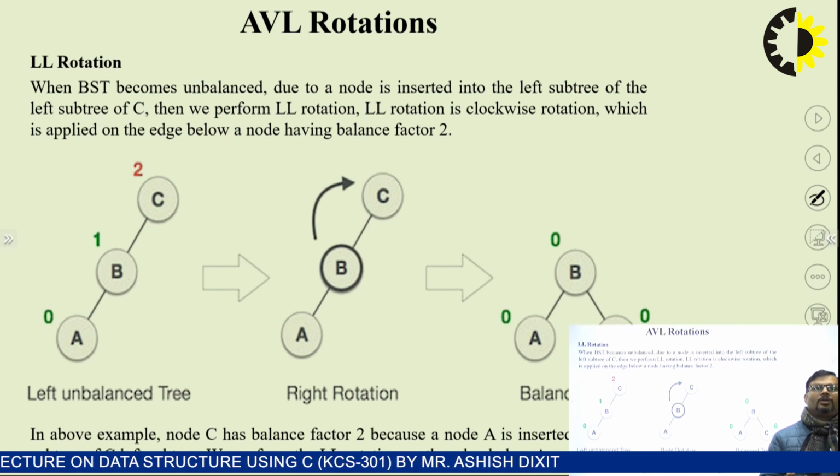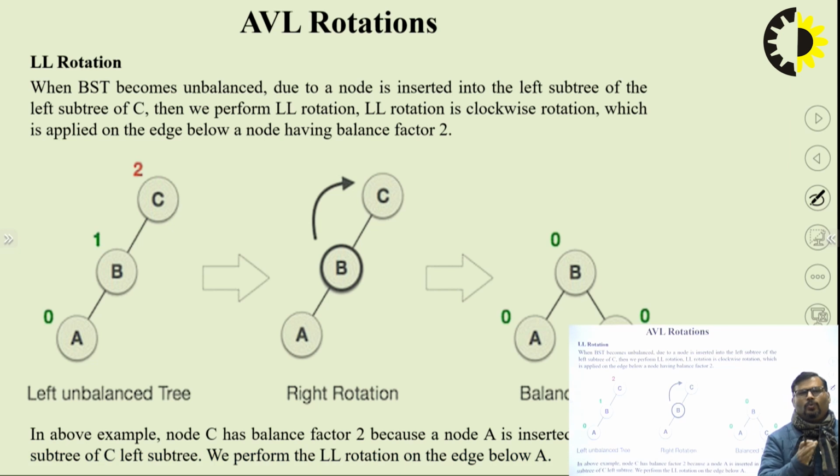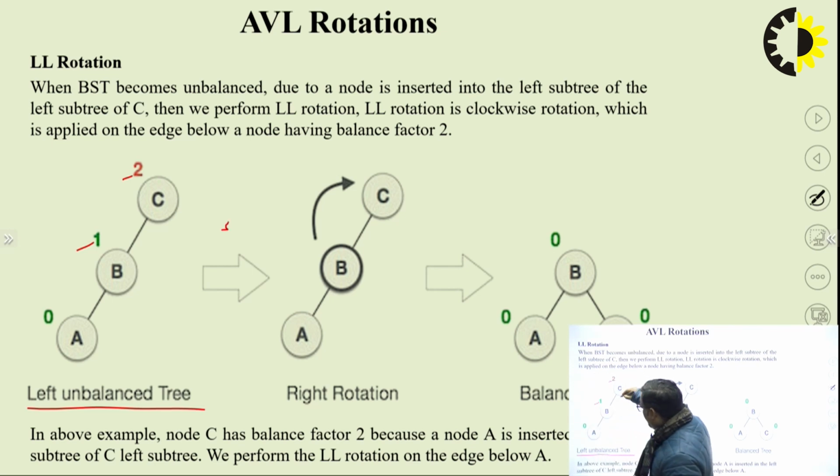LL rotation is a clockwise rotation which is applied on the edge below a node having a balance factor of +2. First of all, check the balance factor. This is the left unbalanced tree, with balance factors 0, 1 and 2. Then again pick C and pull